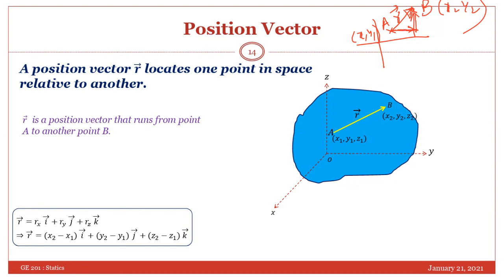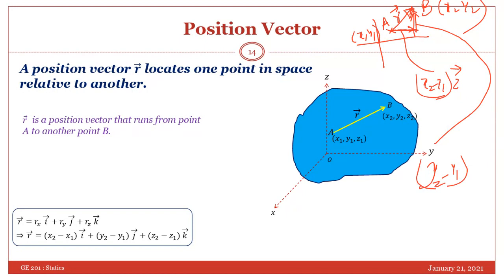So what is the length of this vector? Anyone can tell me? The difference between X values. So x2 minus x1. Am I right? Yes. If you multiply this with the unit vector in this direction, that is i, you will get this vector. Similarly, for this, it will be y2 minus y1, and the unit vector in the y direction is j. Okay. So your vector R will be (x2 minus x1)i plus (y2 minus y1)j plus